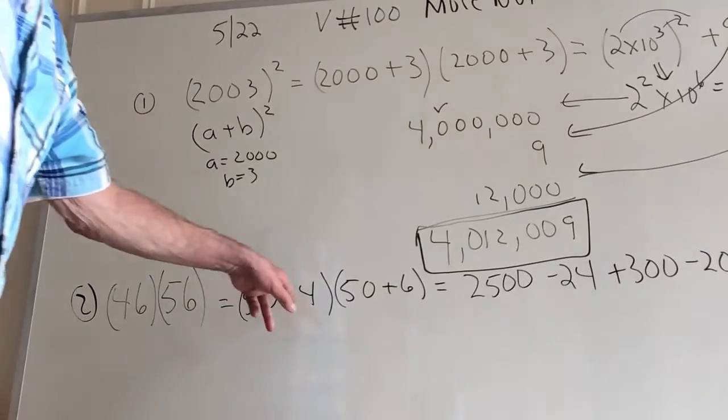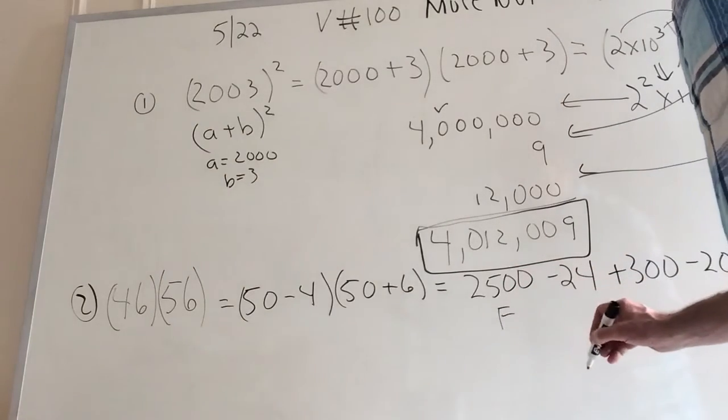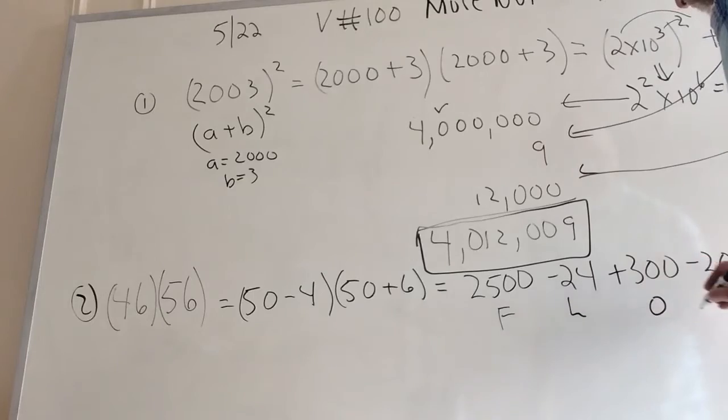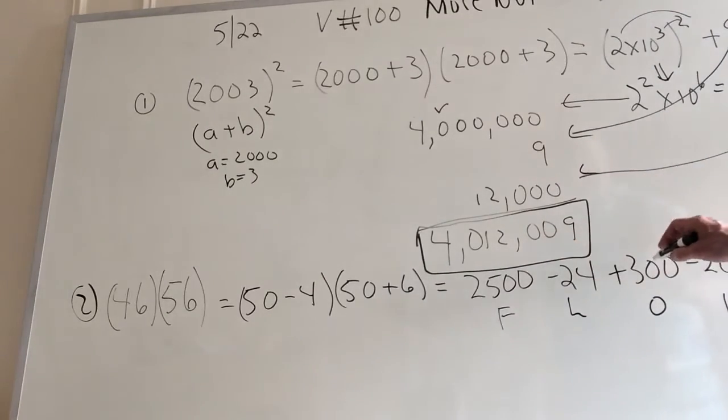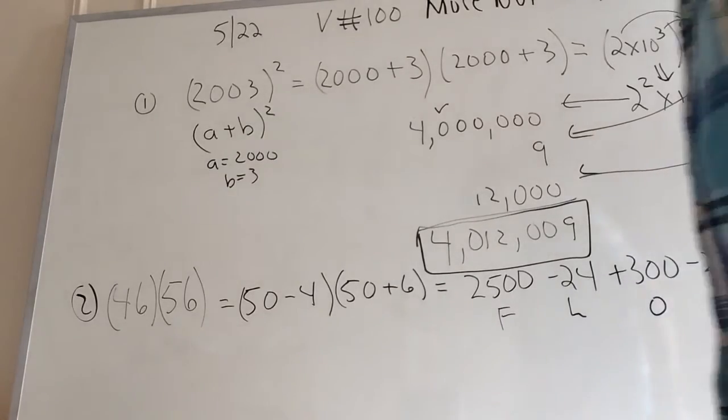So here's F, as I go left to right. Here's the L. Here's the O, and here's the I. And when I put these numbers together, 25 plus 300, there's the 2800, and negative 24 and negative 200, and put them together, we get the correct answer, which is right over here, which is